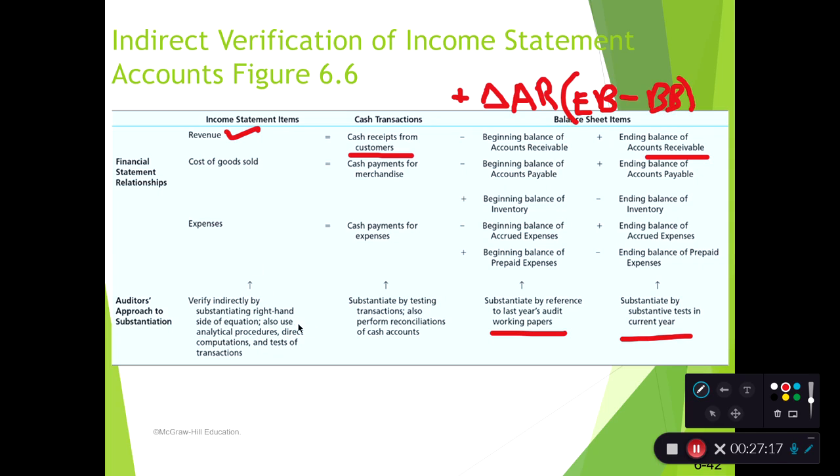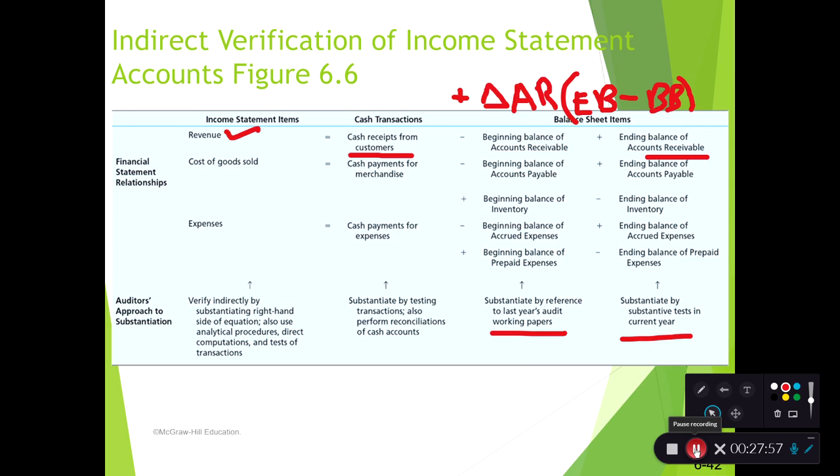And so we can do a direct verification of revenue, and that would be walking through, for example, all the sales orders and making sure those sales orders are making it all the way into the revenue balance, and vice versa. We can look at the revenue balance and then go backwards and verify everything is substantiated by a sales order. And so there's two different ways, right? This indirect verification and direct verification we can have. And so that's just one example of revenue, but you can think about it for the others as well. Okay?